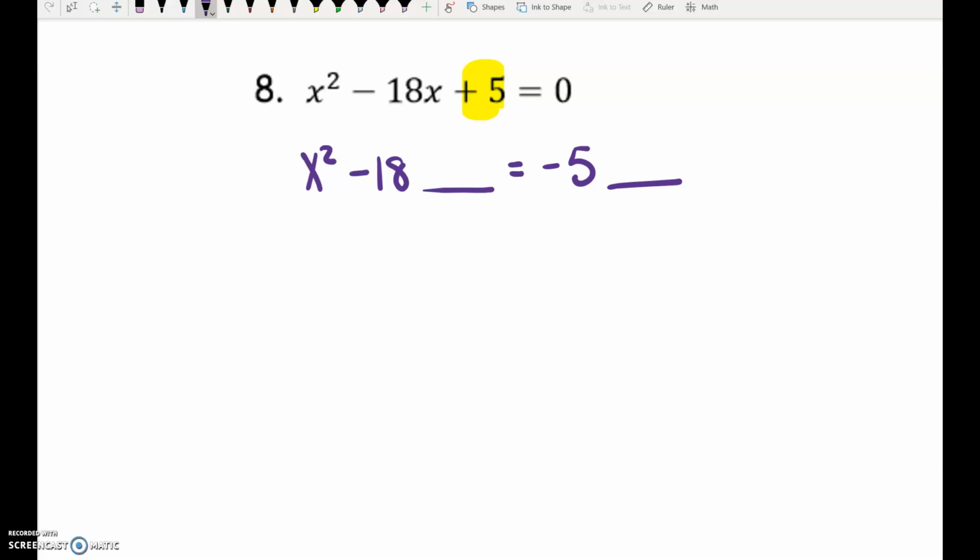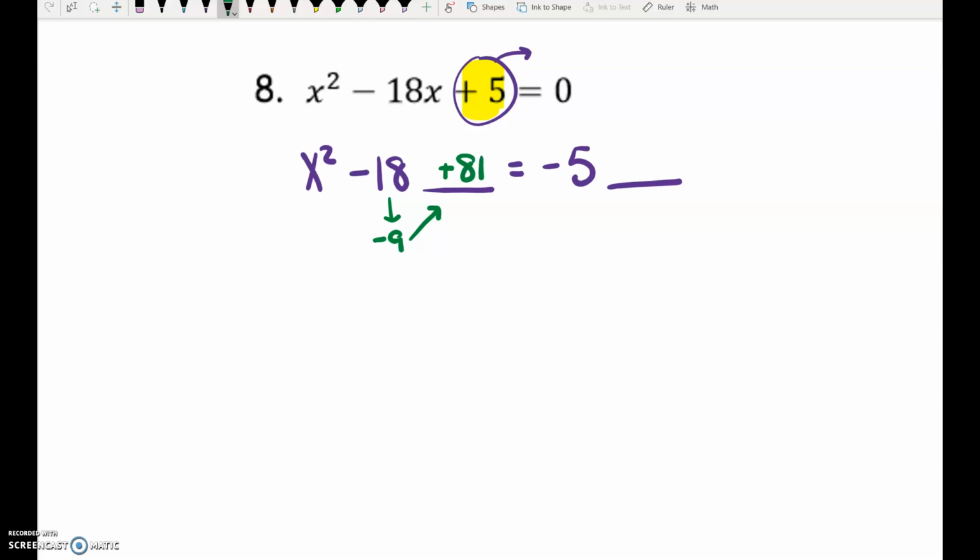Okay, so step 1 is take this pesky number and move it to the other side by subtracting 5 on both sides. Step 2 is figure out what number would complete the square. What number would make this be able to factor into a binomial squared? So I like to take the middle number, negative 18. What's half of negative 18? Negative 9. And then square that number,